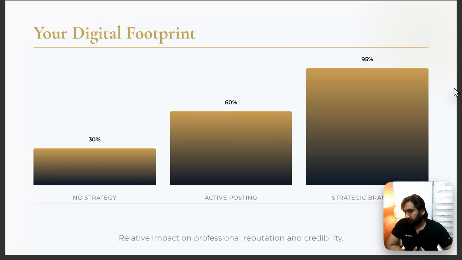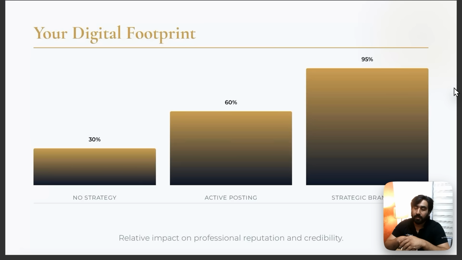So yes, number one, you see that having a digital footprint with a strategy is much more beneficial than just actively posting things. Remember, to build a brand, you don't just have to think that I'm just delivering content. You have to look at where the market is going. For example, if in today's market, in my domain AI, AI is selling large language models more, if AI is selling agentic AI more, then my personal brand should reflect that. All my projects, all my resume, all my LinkedIn posts, all my activities, my digital footprint should have a strategy